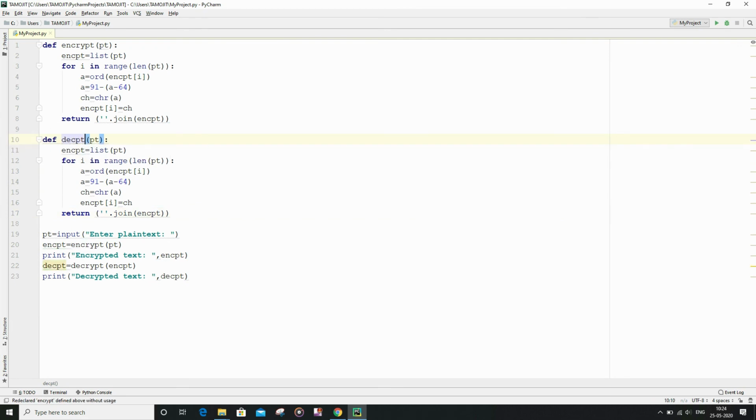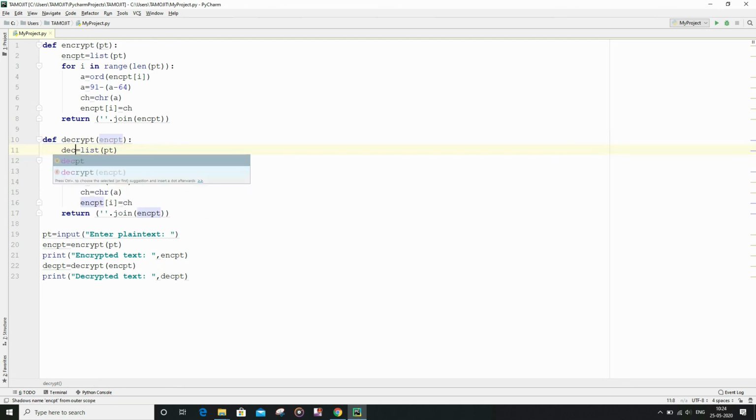This will become decrypt, and here instead of plain text we are going to pass encrypt, that is this variable. We are going to pass this variable here, and after that I am going to write decrypt.